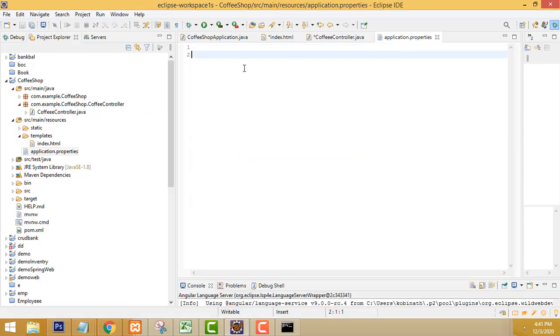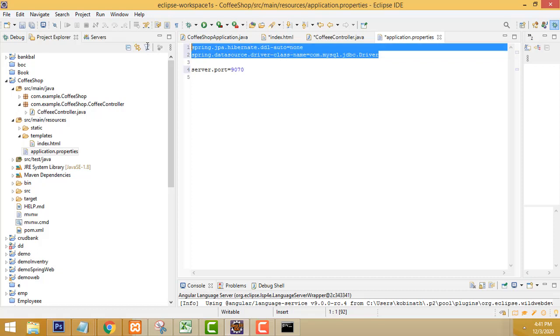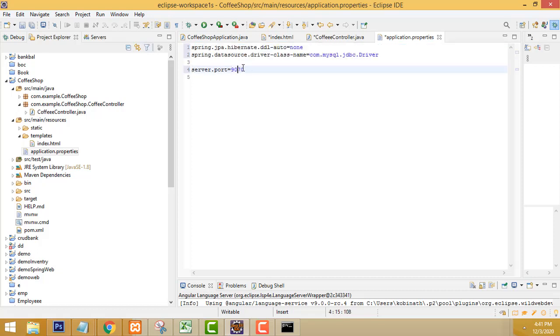I'm not going to work with any MySQL connector here. I am not connected to a database, so I have to give just lines like this. Okay, we have to add these lines. Otherwise, it will show the error, so we have to give the lines. Server port we have to change as 20. Whatever port you give, it will work. I give this port, right? This is the only stuff we have to do.